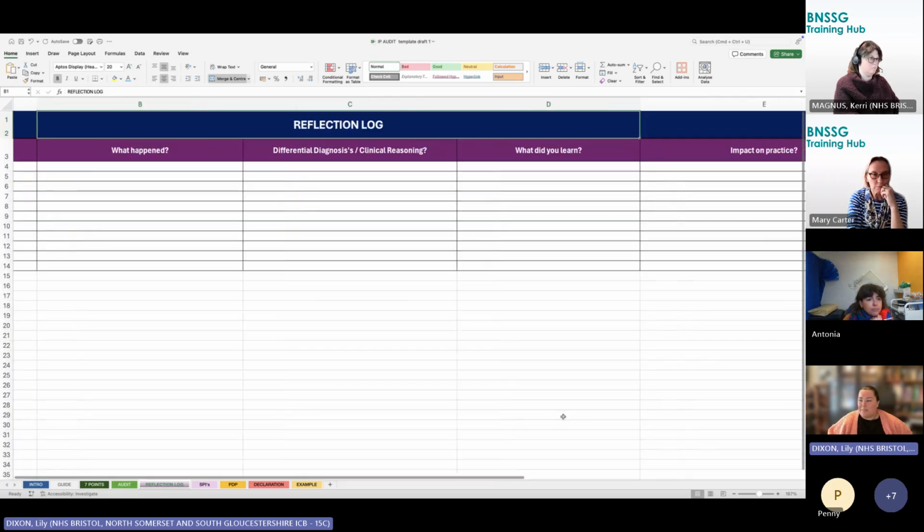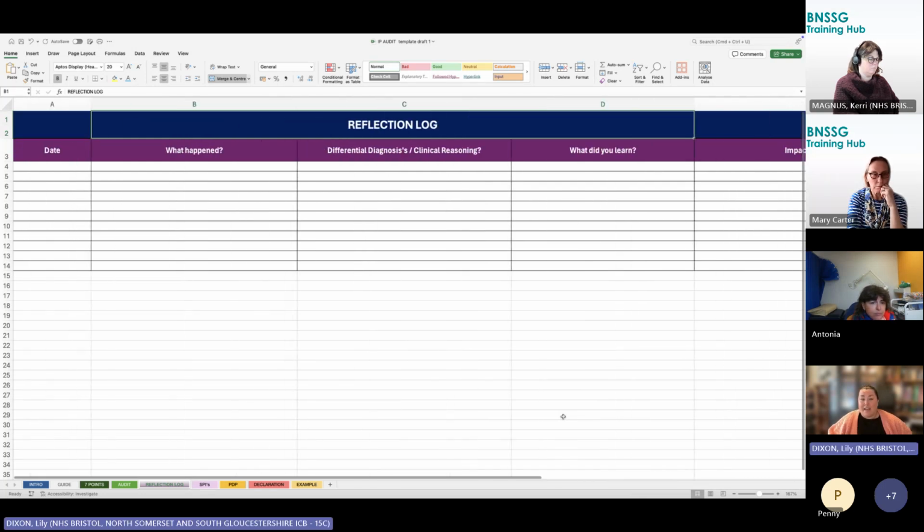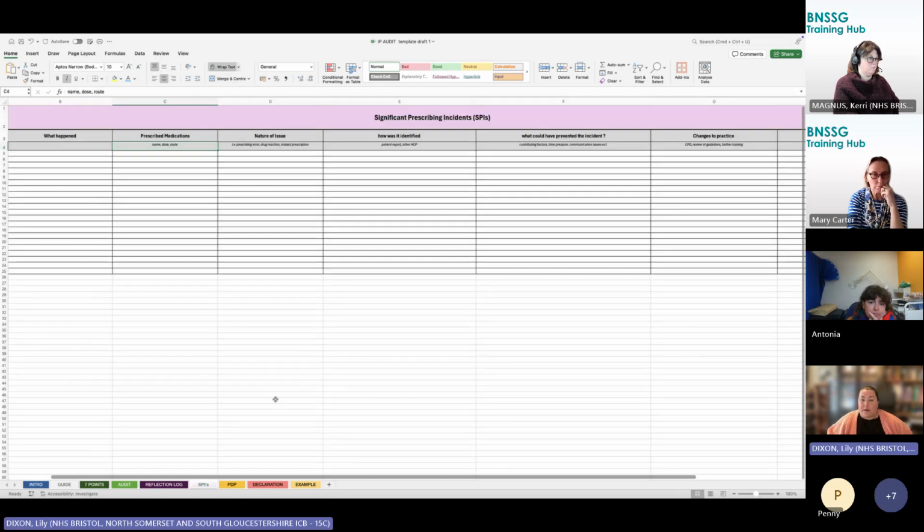All of you might have seen these, especially those of you who've done the FCP portfolios. You can add reflection there. It's up to you whether you want to do it or not. There's also a bit in there about any significant prescribing incidences. I'm pretty sure everybody who's qualified as an independent prescriber has had some, whether minor or significant. It just allows you, in one place, to put all that stuff in about your prescribing practice